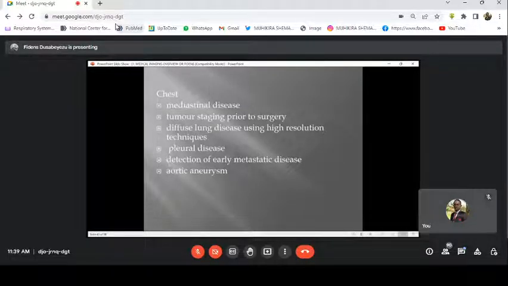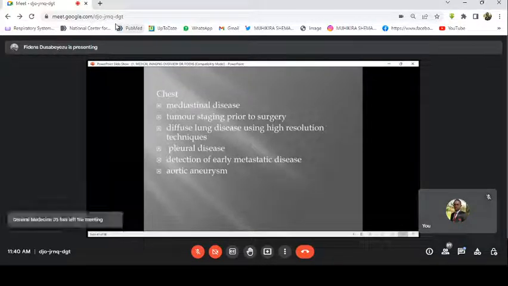It's when we do very thin cuts of the chest and are able to diagnose even very small lesions in the lungs. CT scan is very good, even the best to diagnose those small lesions in lungs. Pleural disease, pleural effusion,